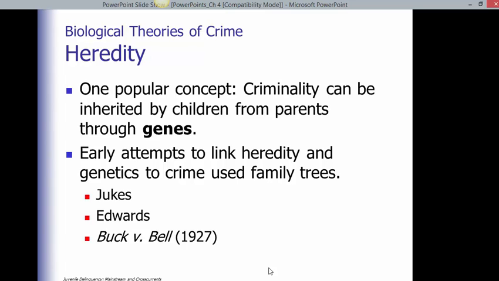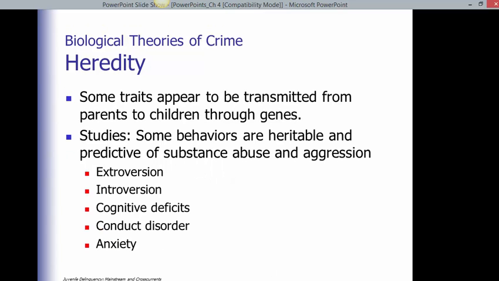Heredity. One popular concept is that criminality can be inherited by children from parents through genes. Early attempts to link heredity and genetics to crime used family trees and included work by Jukes, Edwards, and Beck versus Bell in 1927. Some traits appear to be transmitted from parents to children through genes. Studies suggest that some behaviors are heritable and predictive of substance abuse and aggression, and include extroversion, introversion, cognitive deficits, conduct